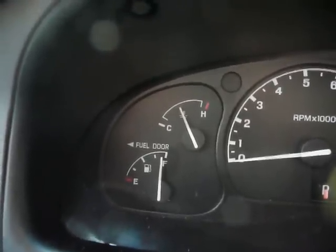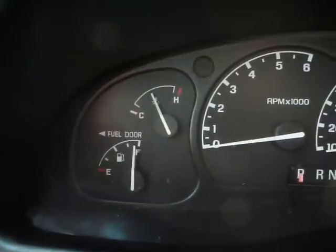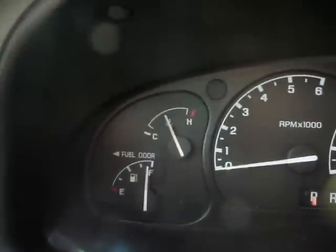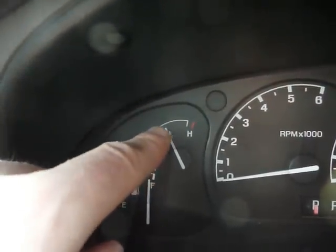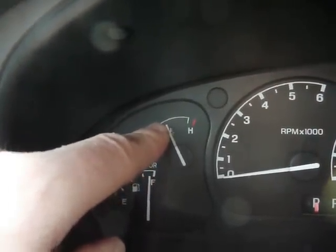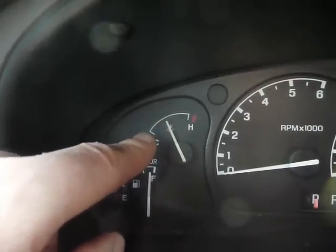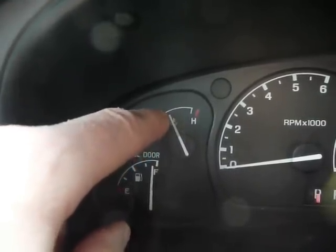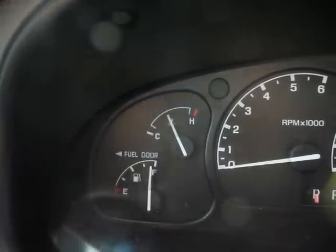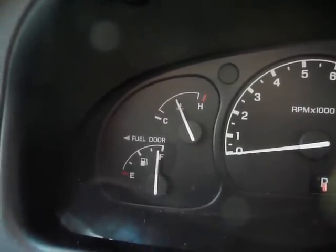This is a 1999 Ford Ranger XLT 4.0 liter engine. And I've read about this a lot on the internet where people would have trouble. It doesn't technically have to be the same engine, but their temperature gauge would go up to about midway like mine was doing, and then it would drop down within about 10 seconds down to cold. Then it would slowly rise back up to midway and then drop down again. It would keep doing that, and I was wondering what was going wrong, and I read on the internet that